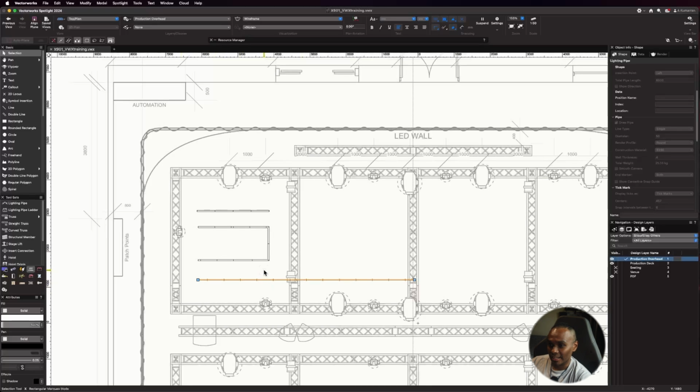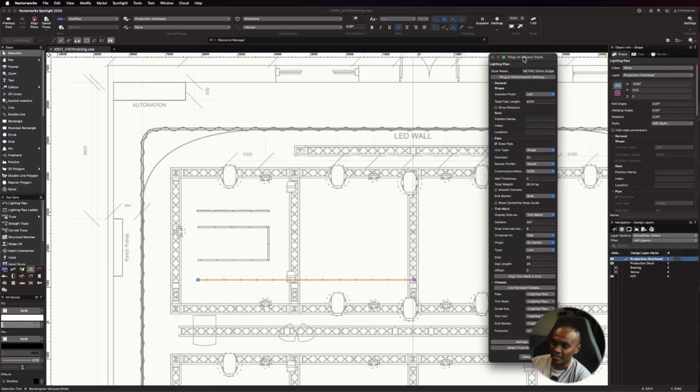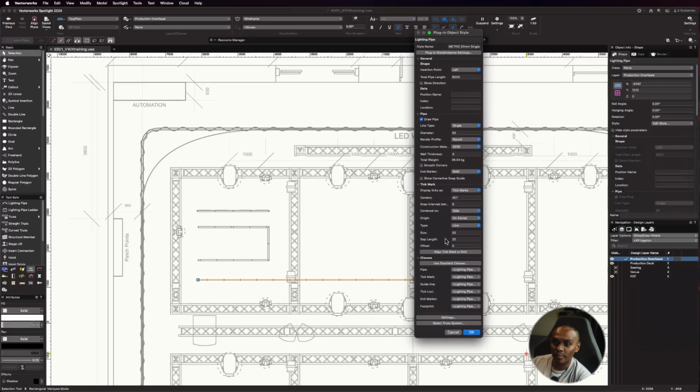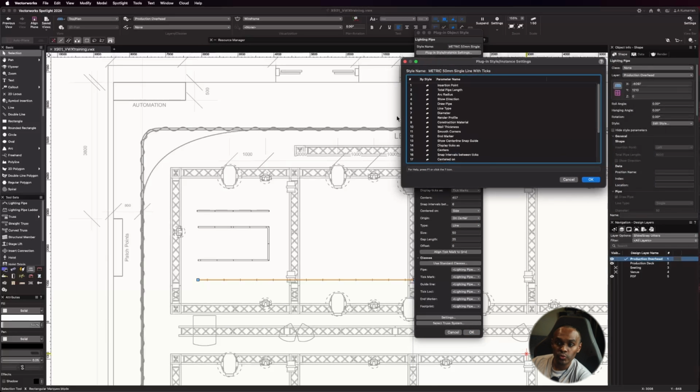This might not be exactly what I want, so if I want to modify it, I can change the style from here to edit style mode, in which I can now change my settings, and once I have it set up in the way that I want, I can choose which of these settings are meant to be fixed to the style, or which of these are meant to be adjustable within the, in this particular